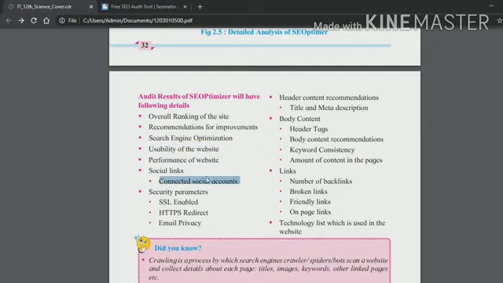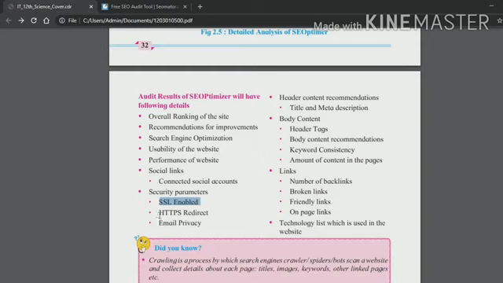Okay. So then we will see security parameters. It helps for security parameters, SSL, secure socket layer enabled, meaning our website is secure or not, that will also be said by this SEO audit tool.